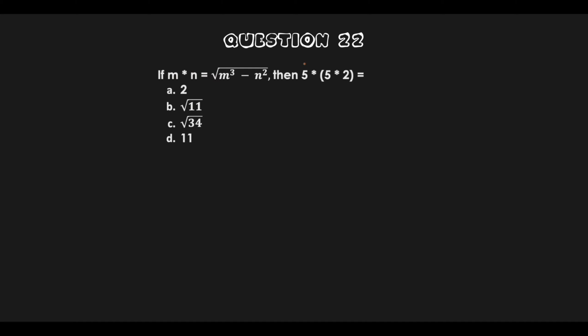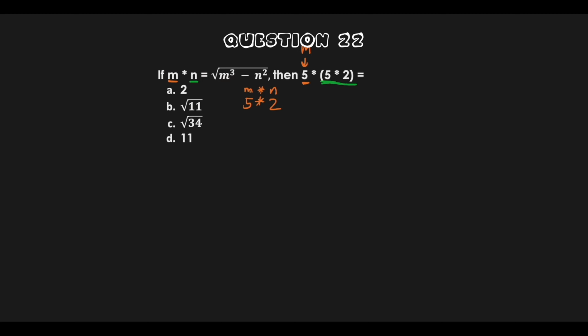That means that this here represents m, the first part, just like the first part here represents m. And the second part, n, is represented by this. However, as you can see, we have a smaller version in here, so we have to work that out first, which is 5 star 2, and this is not 5 times 2. What this is saying is wherever m is, and wherever n is, that's what we're